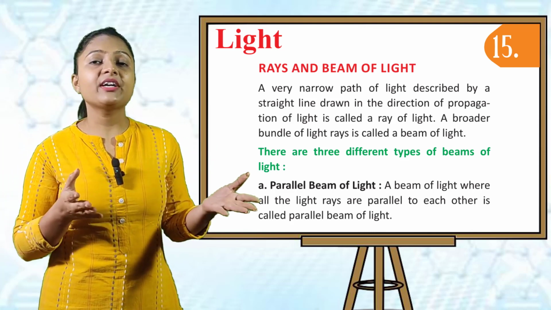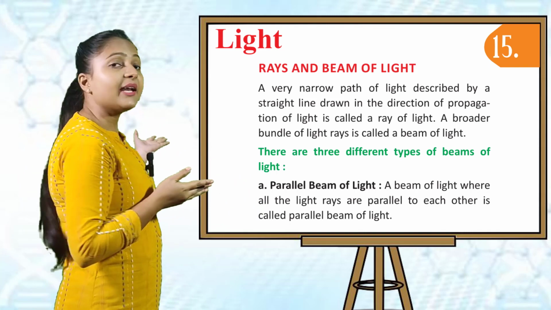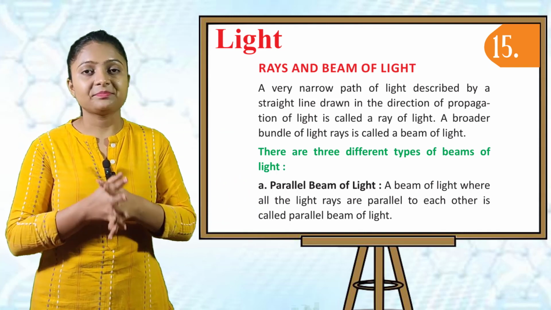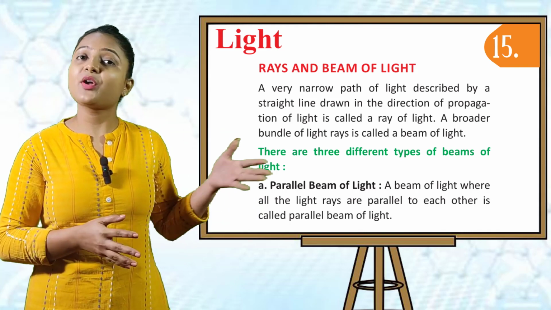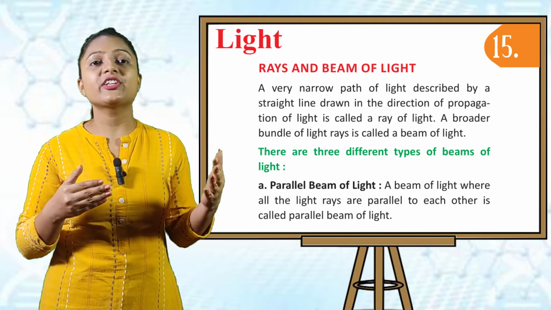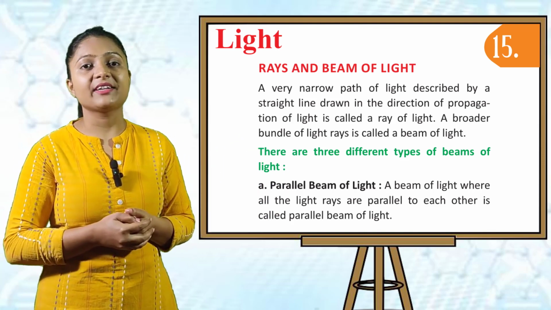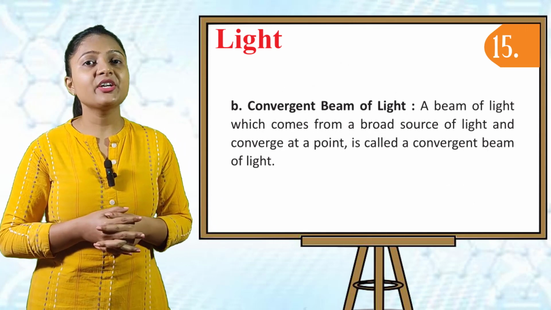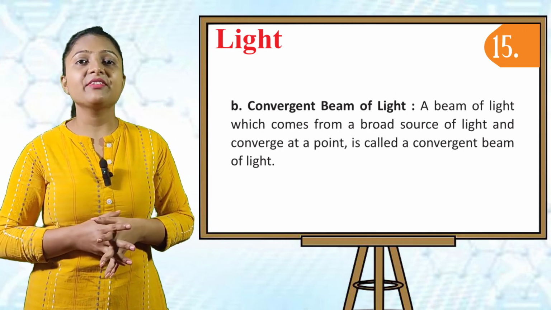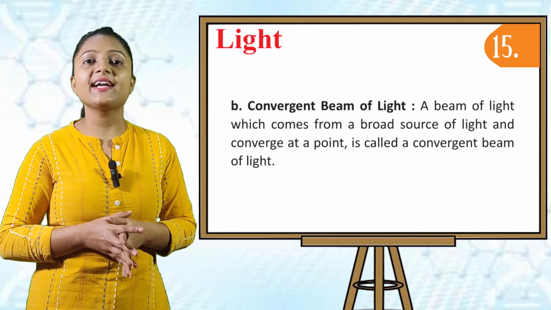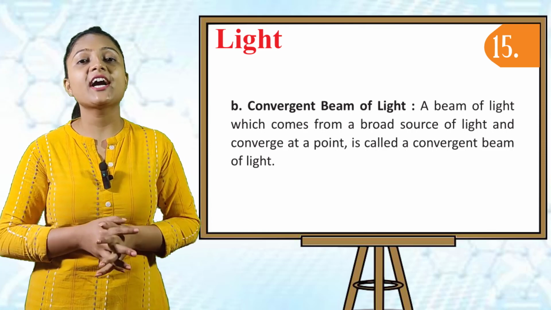There are three different types of beams of light. Number A, parallel beam of light. A beam of light where all light rays are parallel to each other is called parallel beam of light. B, convergent beam of light. A beam of light which comes from a broad source of light and converges at a point is called convergent